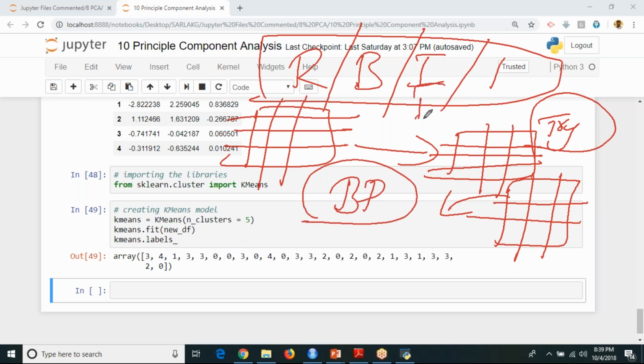First is your industry. Second is your business problem. What are we going to achieve? What is our goal? What should we do using this data? After that, your data comes. You should see whether whatever data they are going to give, or have given, is relevant to my business problem.